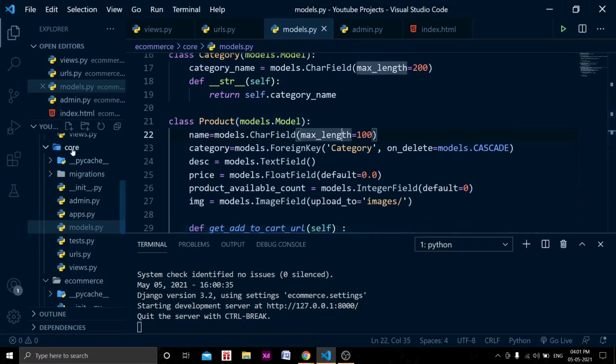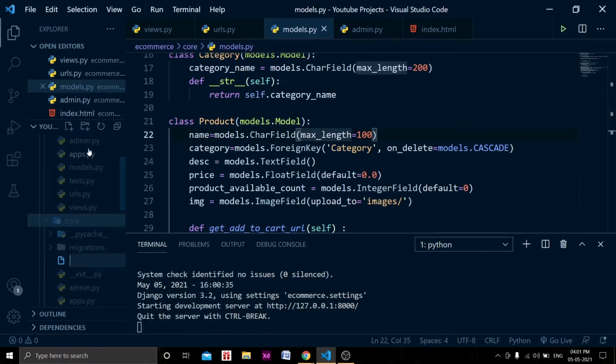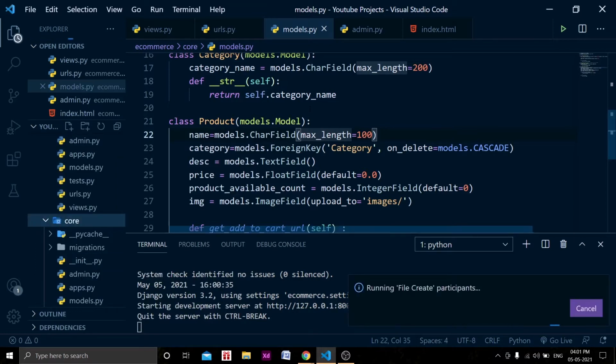So in the core folder section, just right click and click new file. I will name it forms.py. When I was learning Django, I was very worried about its forms, how Django forms work, and actually it makes the process of attaching forms and taking their data after submission very simple, right? But it is very complex to understand.